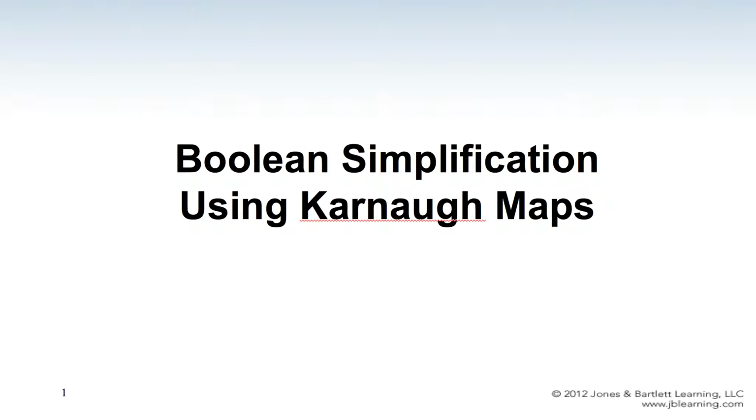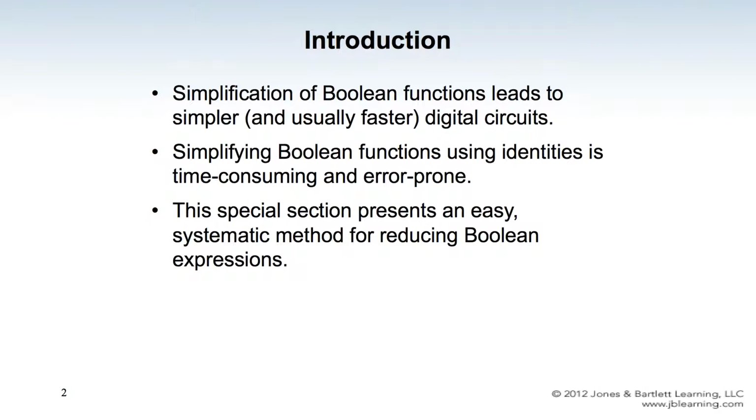So in this video, I want to talk about Boolean simplification using Kmaps. Simplification of a Boolean function leads to a simpler and usually faster digital circuit. Simplifying Boolean functions using the identity methods we discussed in the previous lecture is very time consuming and also error prone